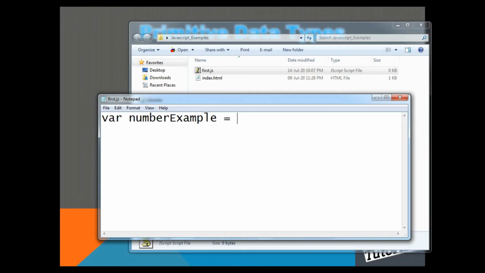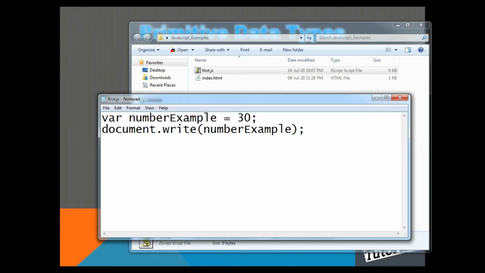Then you can assign it, so let me assign it 30, and then print this number in HTML using document.write.